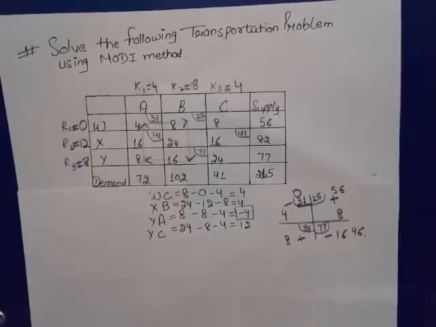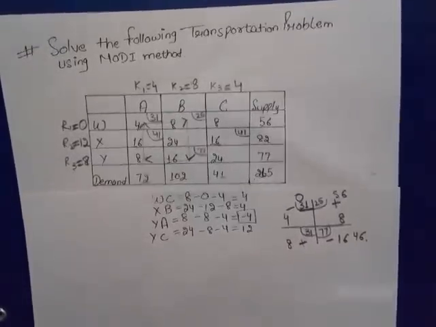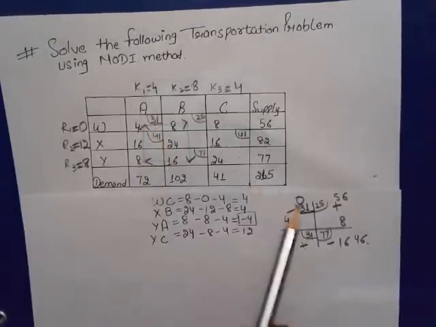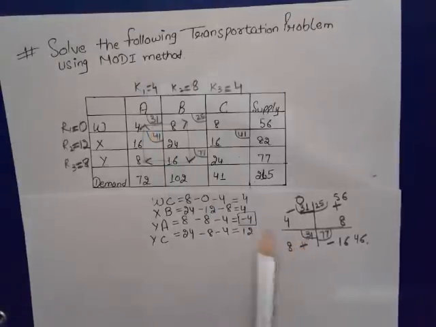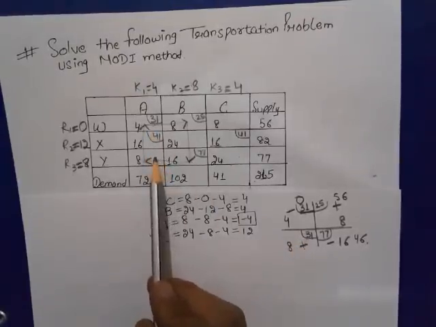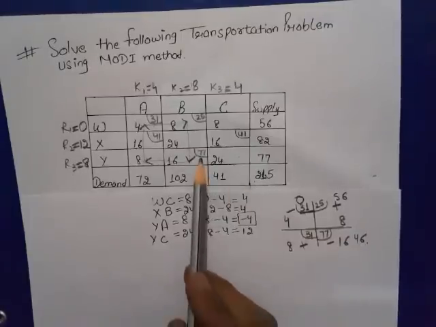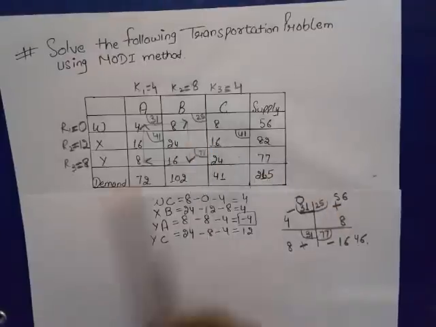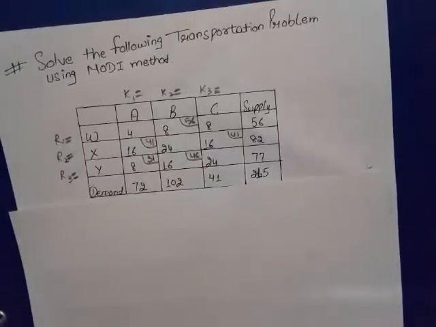So take these changes into the table. In 31 we have to write 0 to make it an unoccupied cell. In 8 we have to make it 31 to make it an occupied cell. In 77 we have to make it 46. In 25 we have to make it 56. So this is the new table we have got after making the changes.